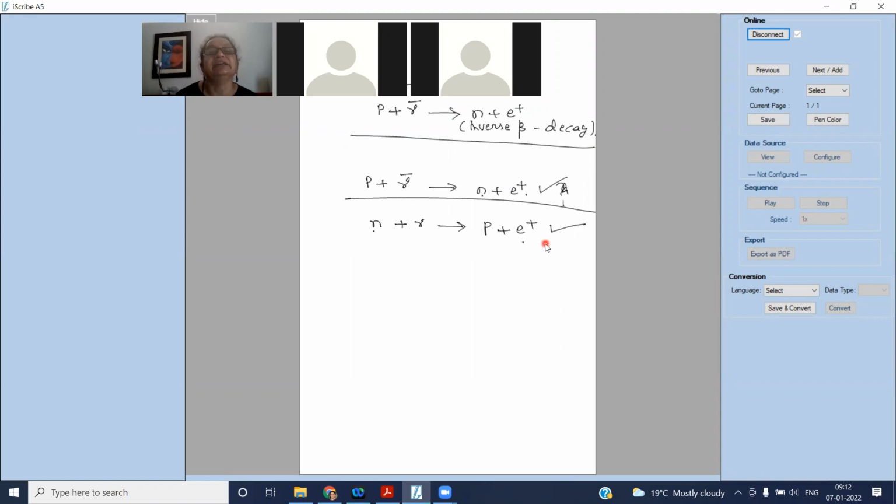I want you to think. Ma'am, it should be e minus. No, okay, let me see. Proton is there. I have a nu bar. Nu bar is taken to the other side. Okay, it should be e minus. Correct, you are right. So I should have this kind of a relation.